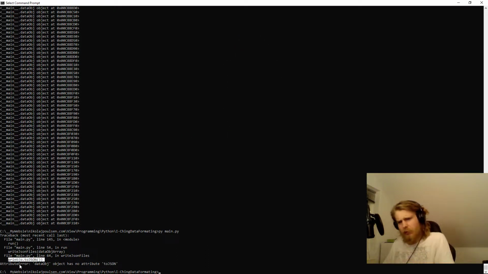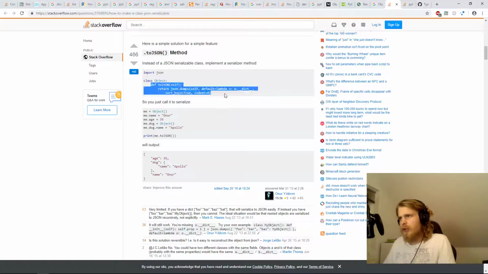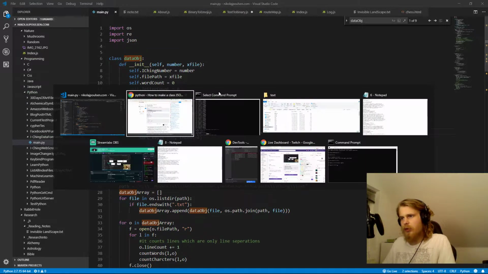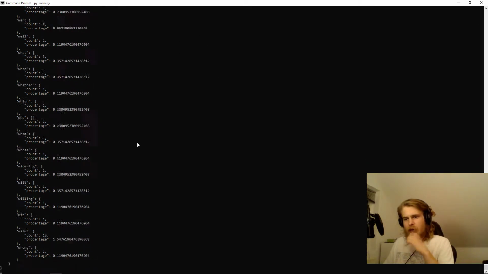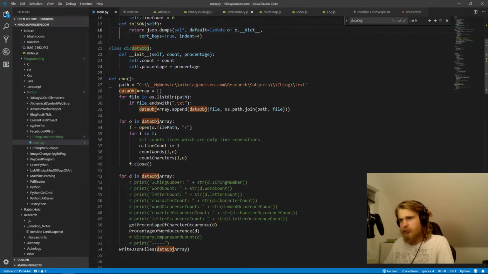So I don't know why I cannot print this. Data object has no attribute to JSON. But I thought this is how you do it. Maybe it's not. Maybe it's because I have to do this. Okay, so now we have something. Let's then try to